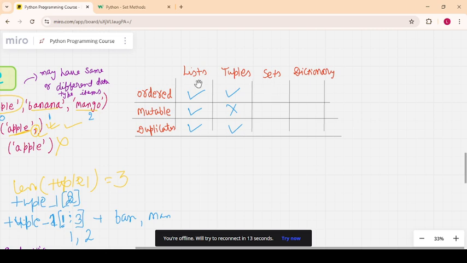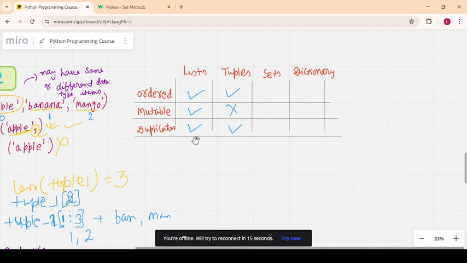For order, if I check the order of items in a list, it is true, for tuple it is true, but in set it is false. But if I check whether it is mutable, yes for list, for tuple no, for set the items are not changeable, but we can add and remove items.